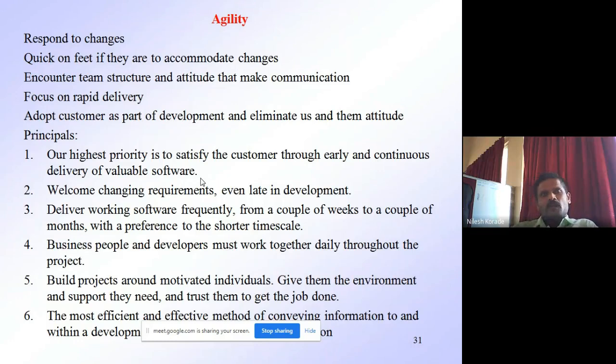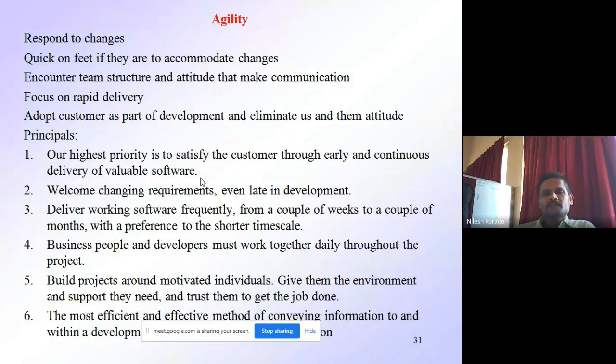These are the drawbacks of using the waterfall model. As a developer or as an agile team, you must welcome changes from your customer's side. If your customer changes his requirements during development, in testing, or after delivering the product, you must welcome it, because your main intention is to satisfy your customer.